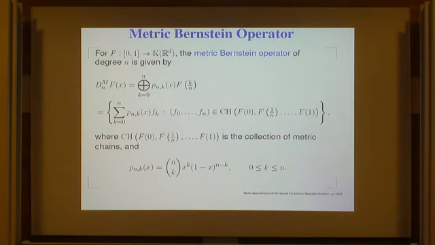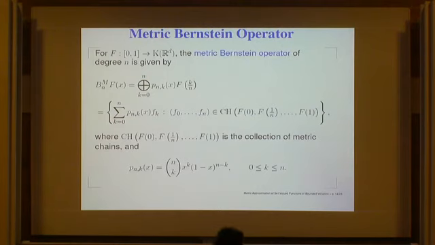For example, the classical Bernstein operator can be written as a metric Bernstein operator for set-valued functions. So this is the usual construction. We take the basis functions, Bernstein basis functions. These are polynomials like here, k is here 0, 1, 2, and so on. And we take a linear combination of them, and the coefficients of the linear combination are the values of the function at the point k over n. This is just a straightforward generalization of